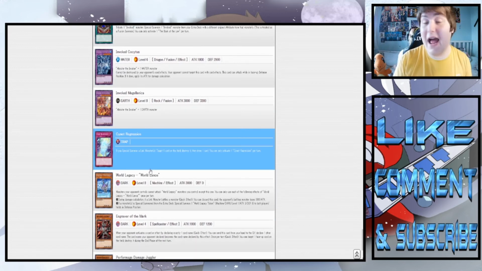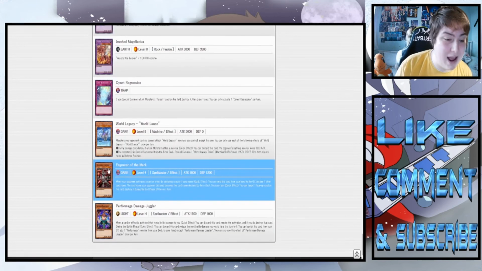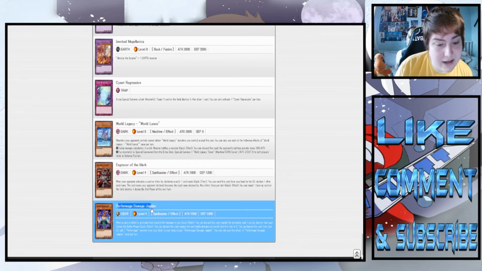Again, it's already had a rare print. I don't know why they're reprinting it as a rare. You might as well have rarity bumped it. There was literally no point in turning it into a rare. We've got the Engraver Mark. This card did not need a super rare reprint. Again, Konami, why? And the last card is Before Mage Damage Juggler, something that has only had 2 prints, so